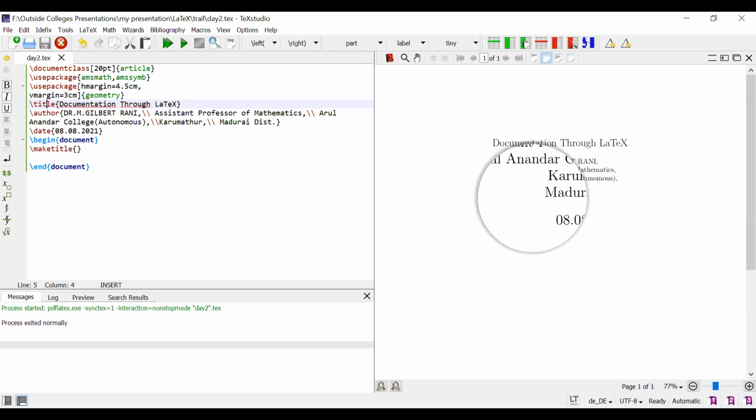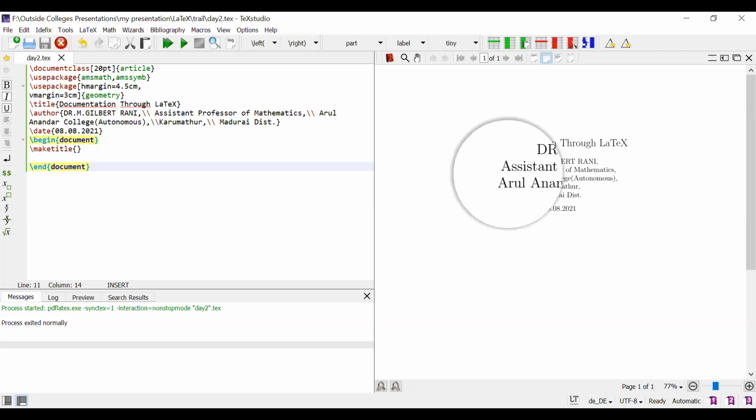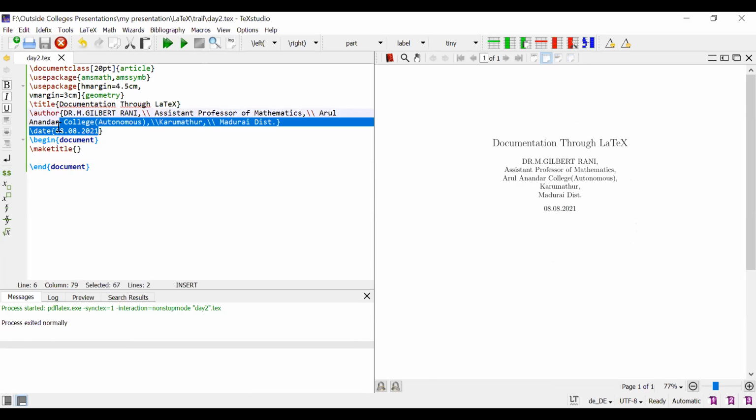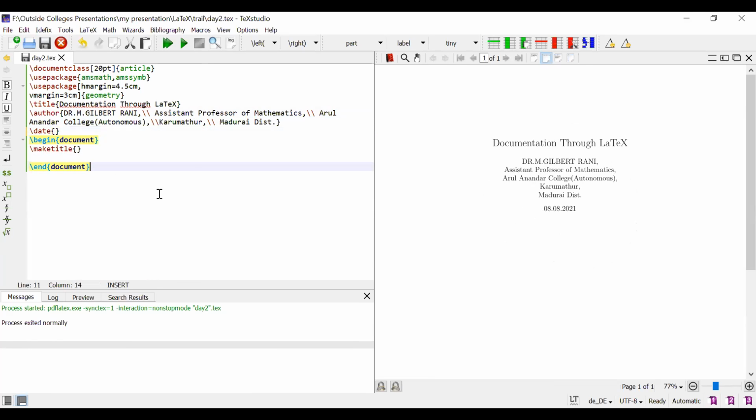Just to see the output, first my name, and then I leave a new line command, that is double backslash. Next my designation, next my college name, then the place, and the last one I write is the date. Suppose I don't want to write a date, just remove this date. That's it.